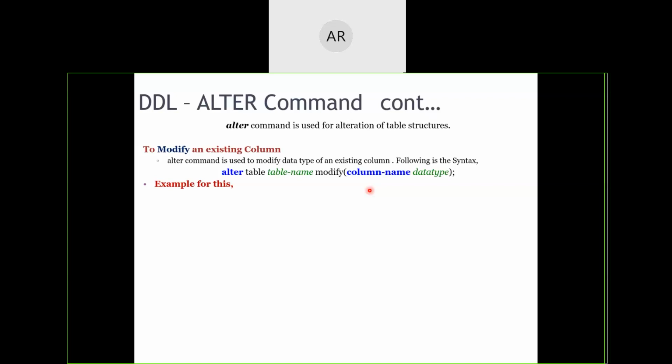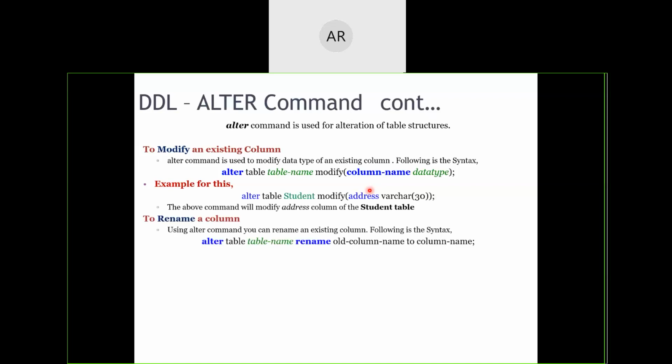No, right? So always do remember, when you are trying to convert the data type or modify the data type, you should always make sure that that particular column should be blank, should not contain any values. If it contains values, Oracle itself will tell you that the column is containing some values. Unless it is blank, you cannot modify it. So the same process, we are changing the address from the previous data type to a new data type. Here we are using varchar of 30. There it was just char, if you recollect back.